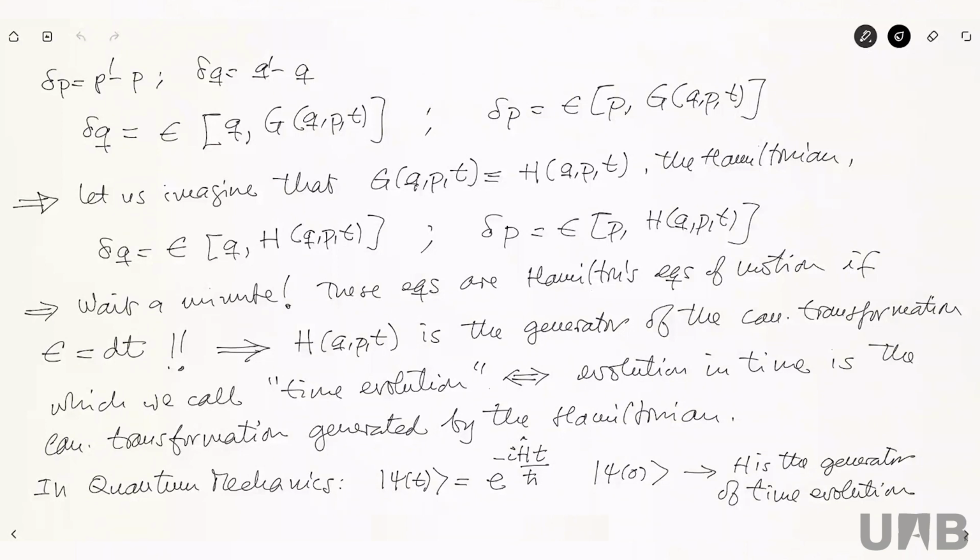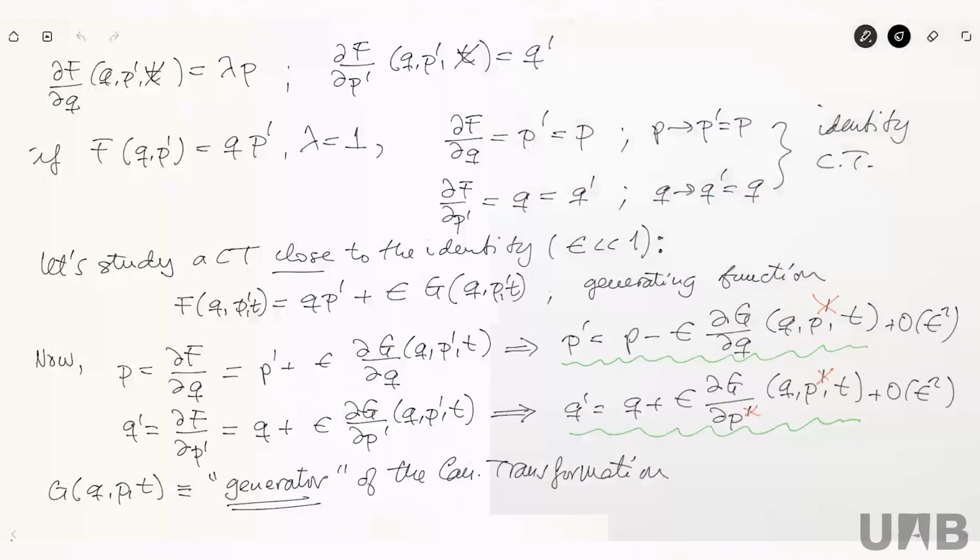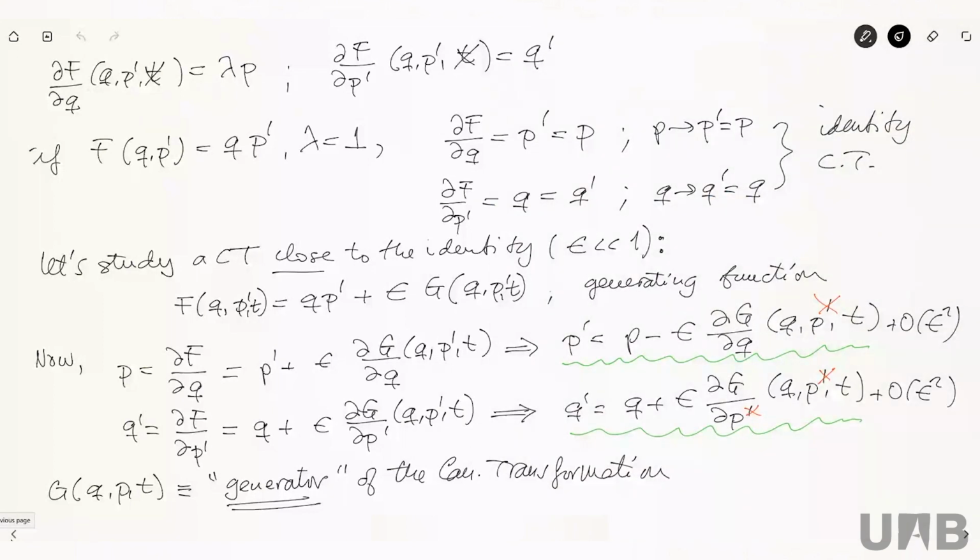Well, I want to ask: when we do this iteration, what are we obtaining? We are iterating this thing. We are making a canonical transformation every time. But which is the end point? What is the conclusion? Well, if you give me G, then this is an infinitesimal canonical transformation. And if I keep iterating, it depends on G, of course, but I'm going to end up with a canonical transformation for a full F.